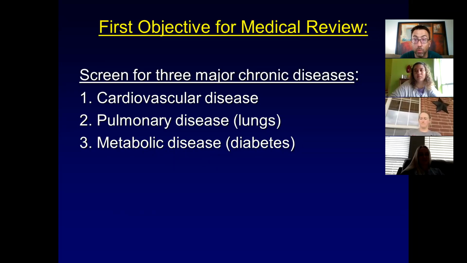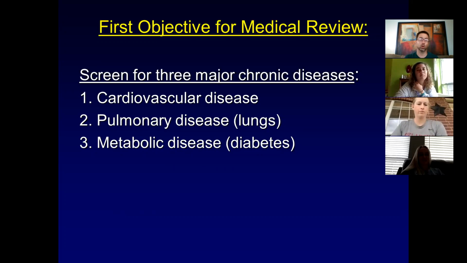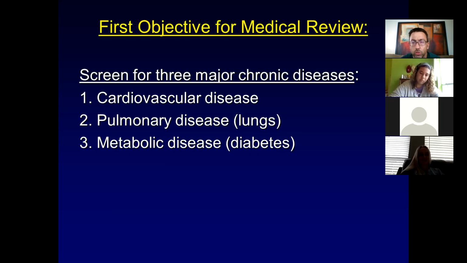Do you have some kind of pulmonary disease that's been diagnosed by a doctor? Do you have a metabolic disorder? Generally, the most common metabolic disorder we're going to see is, are you diabetic? Now, there are plenty of other metabolic disorders. Some of the more common ones that people run across are a thyroid disorder. But then there are sometimes other ones that are often related to differences in hormone levels and those things. But it's going to ask about those.